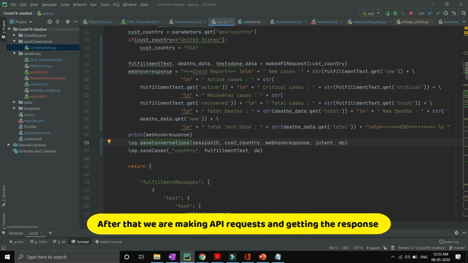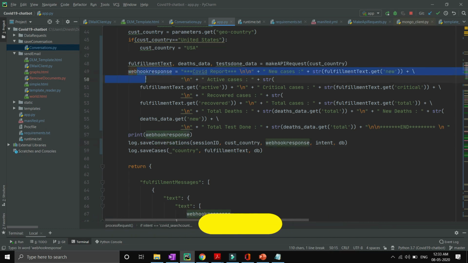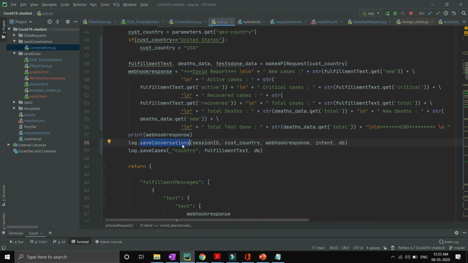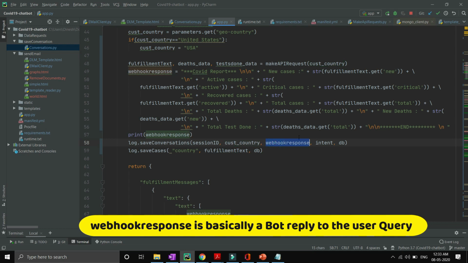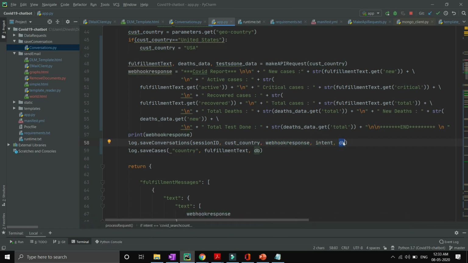After hitting the Rapid API and getting the response, we are saving the user and bot conversation, by passing session ID, the country name which the user has asked for the detailed report, the webhook response, then the intent of the user, and the DB variable. The DB variable basically has a connection with MongoDB.